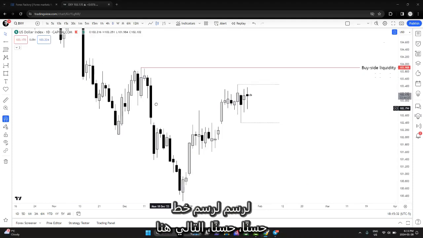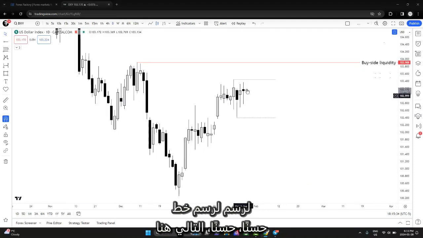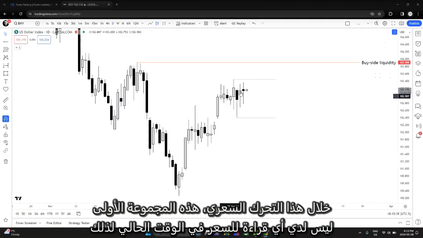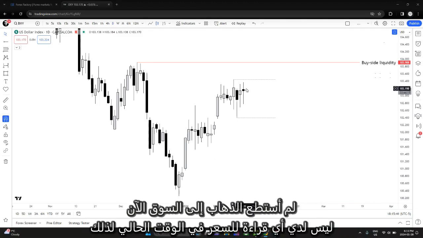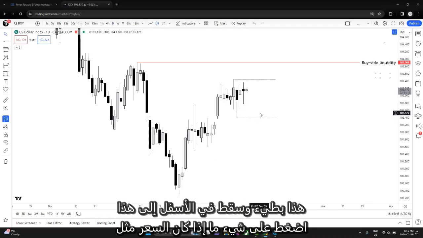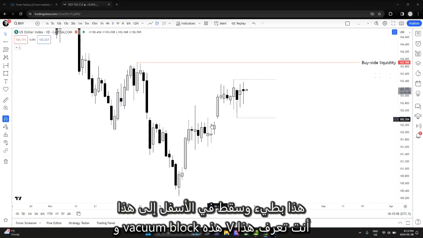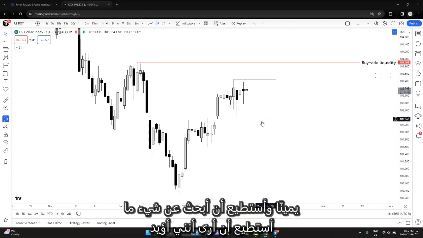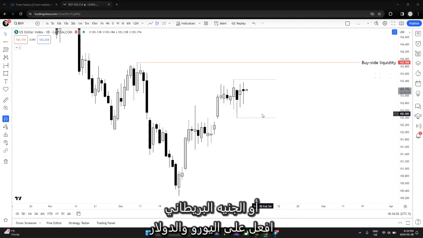All right, so next, right here during this price action, this cluster, I have no read on price right now, so I couldn't go in the market right now and press something. If price was into this low, fell below into this vacuum block, and within this consolidation, I could see that as support, right? And I could look for something to do on the Euro Dollar or the Great British Pound, right?